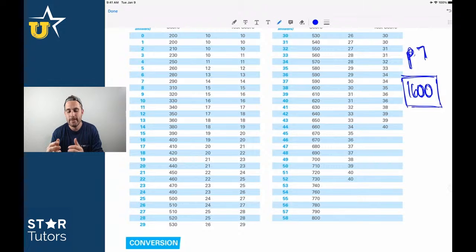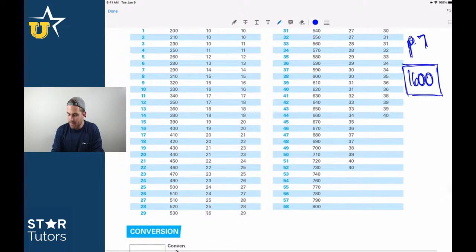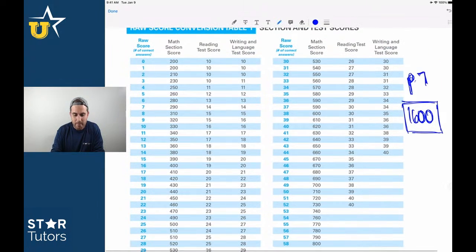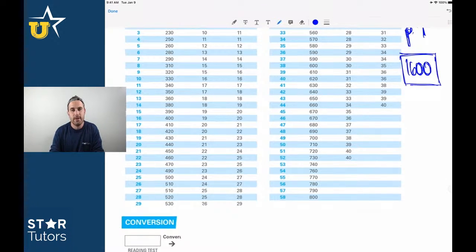And what you're going to see, if we look at this exam, let's look at the math score. This math section is really important because of the way that it's scored. This is the most complicated of the 4 sections in terms of scoring because you'll notice that this section is out of 58, but we're thinking, wait a second, section number 3 is out of 20. Why aren't there 4 sections? I thought I was taking 4 sections on this test. Well, you are, but the math no calc section and the math calculator section,